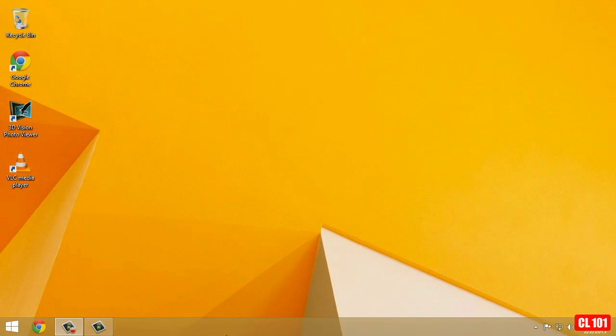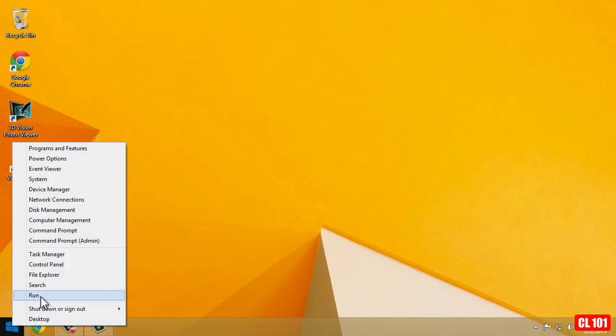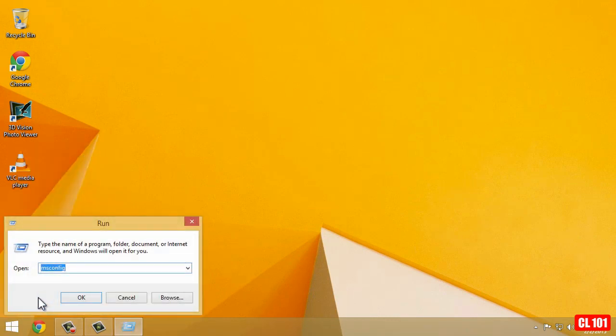Next, we're going to improve the speed of the folders, so how fast they come up, or how fast they pop up, or how fast they appear when you hover over them with your mouse. So you're going to take your mouse cursor, come over to the left, and when you're over the Windows icon, right click, go to Run, and left click to select it, and then type in regedit. So regedit,